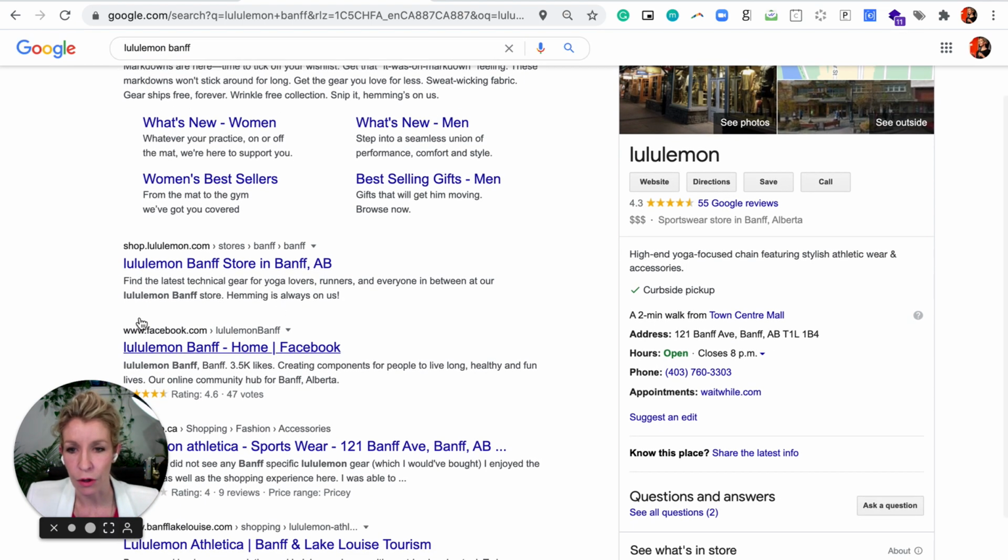Then I've got their organic results. I've got a subdomain here of shop.lululemon.com where they're using their parent URL, lululemon.com, and they're attaching a subdomain to it, which they've created within their domain host. And it's not too hard to do. And instead of having it as a domain extension, lululemon.com/shop